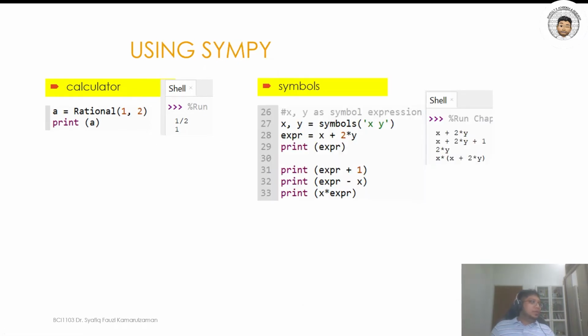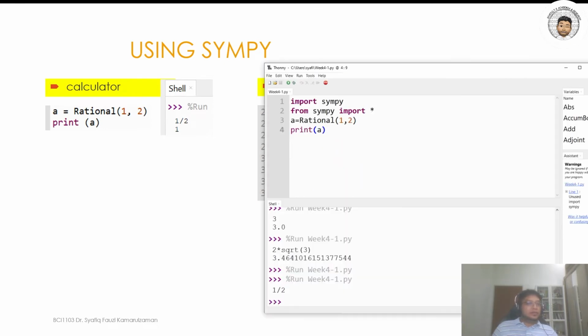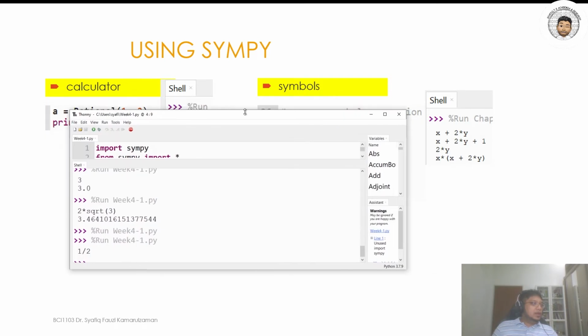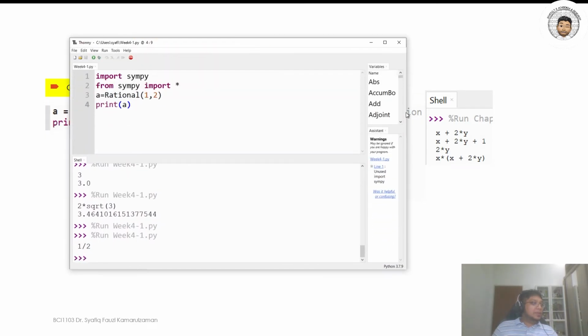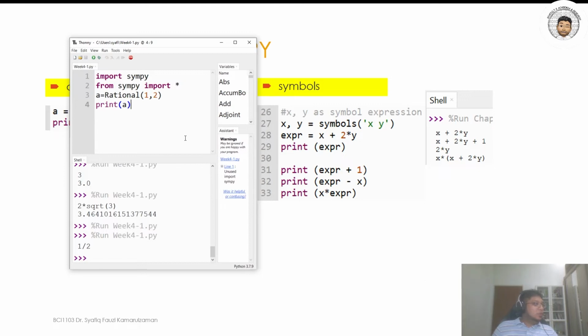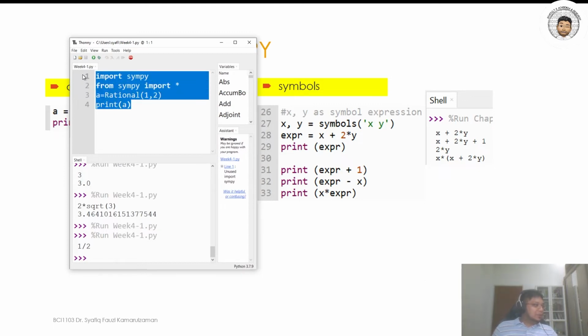Okay, so symbol here, we have x, y, symbols x, y, expression x plus 2 times y. Then print the expression. And here expression plus 1, expression minus x, x times expression. So this one is quite useful in case you want to do mathematics, an algebra equation. And even if you have brothers or sisters in high school who want to check their mathematics answers,